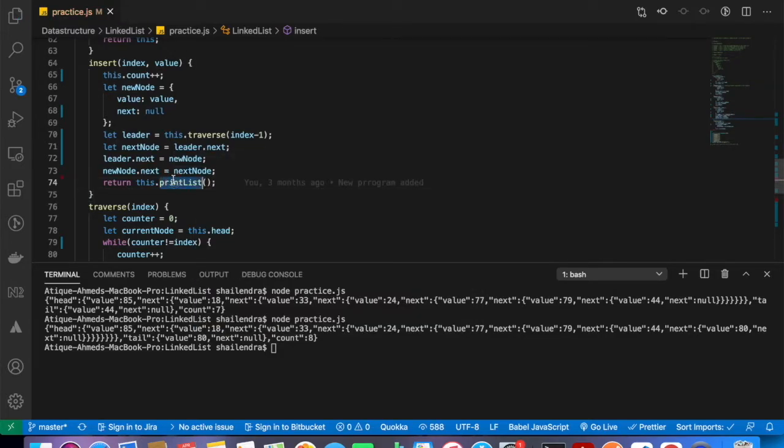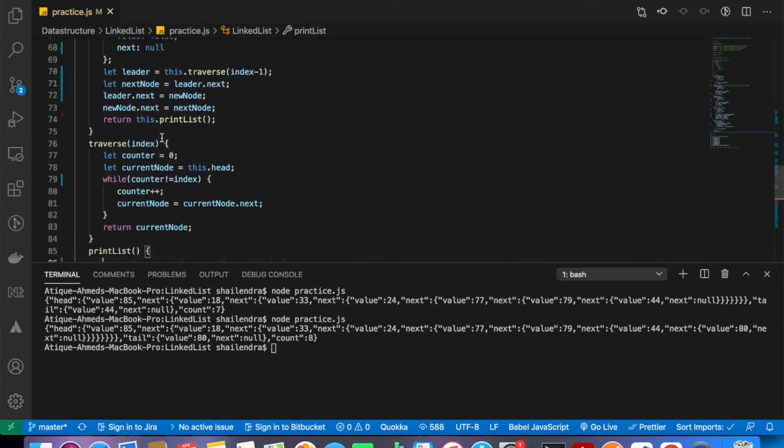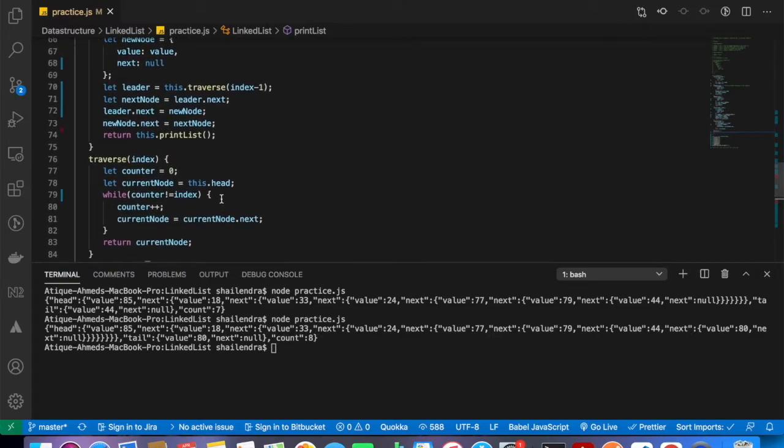So let's declare a method called printList in order to display the list properly.